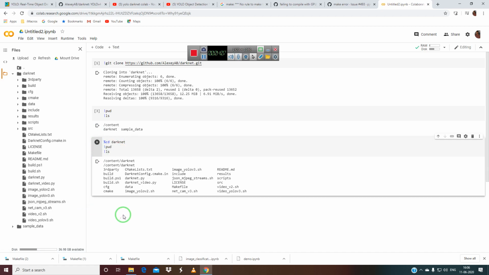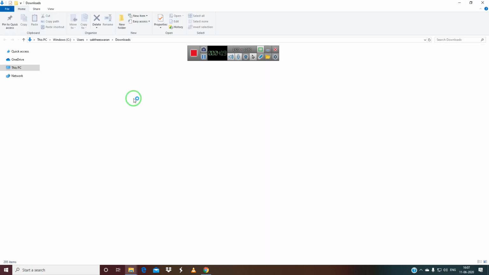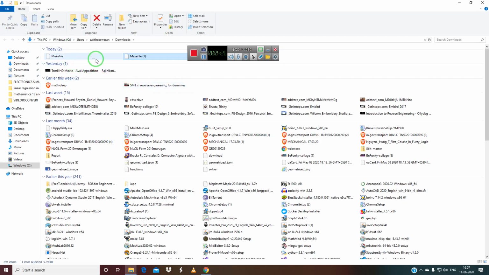Okay, so now we are in the darknet directory and the Makefile is over here. So let us upload it again and check once again whether it is correct.